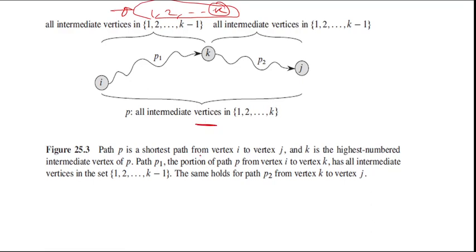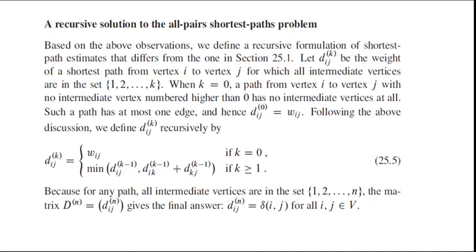Okay, so path P, shortest path from I to J, and k is the highest numbered vertex. That means let's say 1, 2, 3, 10 is the kth vertex, then 1 to 9 are the other intermediate vertices which are forming the shortest path. Okay, so now how should we process for this algorithm? We have to formulate a recursive